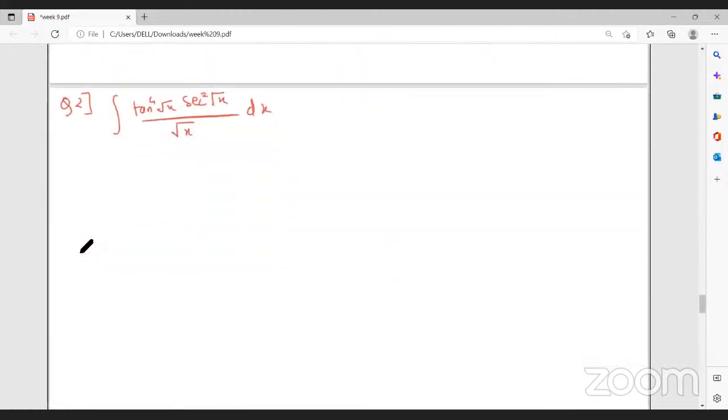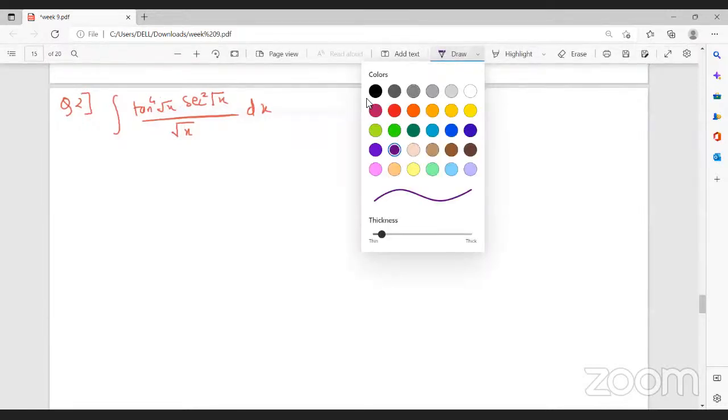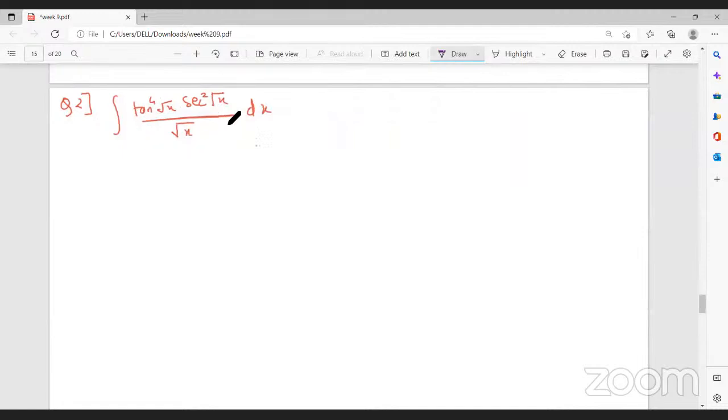Okay, let us take this example. Here, what substitution do I have to use? By noticing this, can anyone tell? Root x is equal to u. If we use root x equals u, then